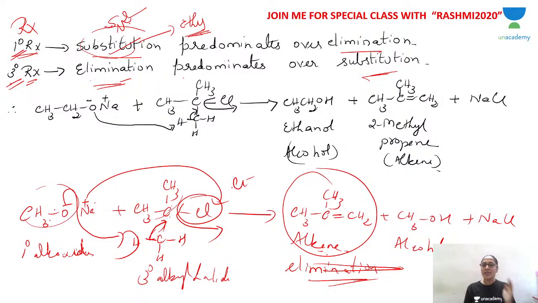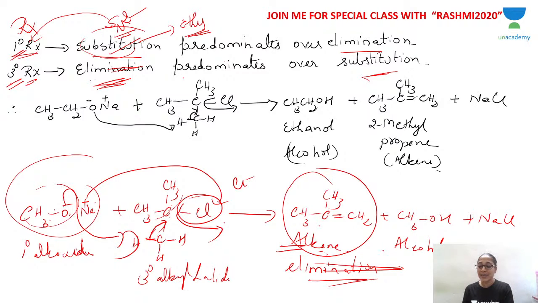So remember, in Williamson's ether synthesis, if you want an ether as the product, it should carry out an SN2 mechanism, so the alkyl halide is primary. Substitution takes place. If you take a tertiary alkyl halide, a dehydrohalogenation or elimination reaction, a beta elimination, will take place and you get an alkene. Since the alkoxide ion and sodium ion are there in the reaction mixture, the alkoxide will pick up a proton, giving you alcohol. Sodium will pick up Cl minus, giving you sodium chloride. The elimination product is the major product here. I hope you understood. So this is Williamson's ether synthesis.